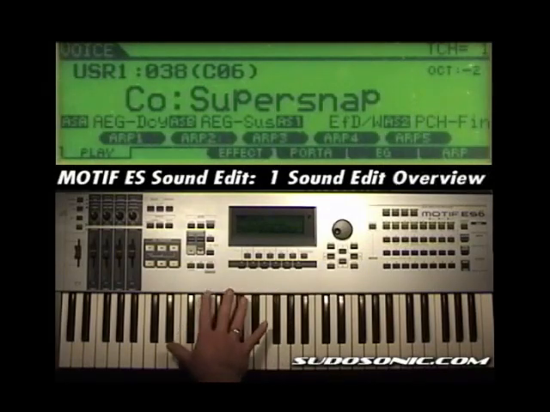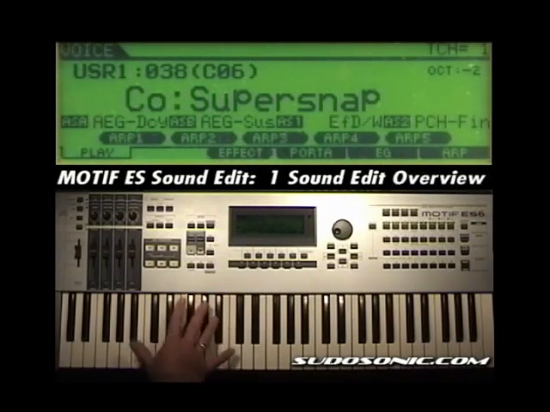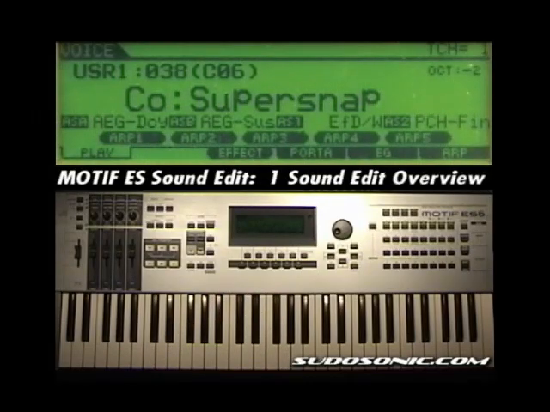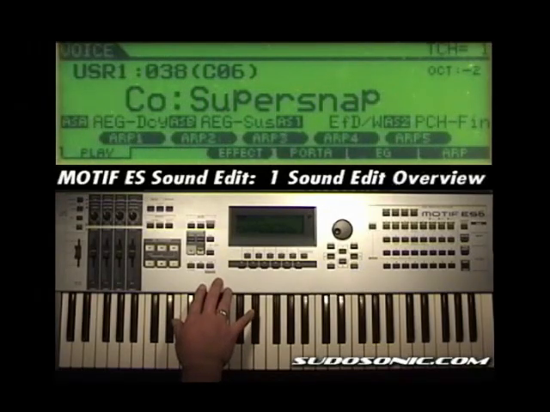Each one of these 4 elements has its own editing parameters that you can edit: pitch, envelope. Also you can edit the amplitude, you can edit filters, all the standard edits that can be applied to most high-end synthesizers and workstations. Also, with the ability of being able to add elements and effects into voice mode,